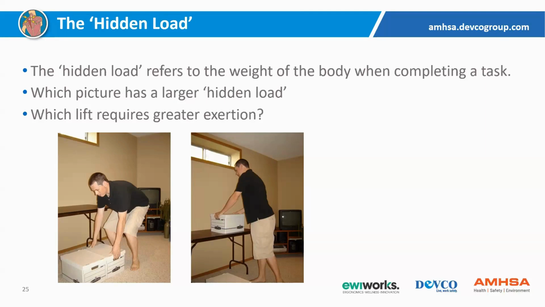So let's say I've got one more picture there and it's my twin. I don't have a twin, but let's pretend I do. And they are twice as strong as I am. So they've got more muscle strength. It's going to be less exertion for them to lift the box than it is for me. It's using less of their capacity. And I'm not saying that to suggest that we create industrial athletes and we need to make everyone stronger. It's just the reality. Some people have greater strength than others. So when they go to lift something, it's less of their capacity, it's less exertion. It's just different ways of thinking of force versus exertion.